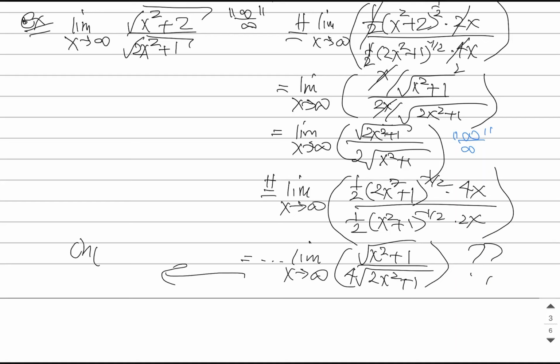What you should be doing is the stuff from chapter 2.6, where you should be rewriting everything in terms of 1 over x. So don't get too comfortable with L'Hopital's rule. It's great. It can help you, but it won't get you out of every